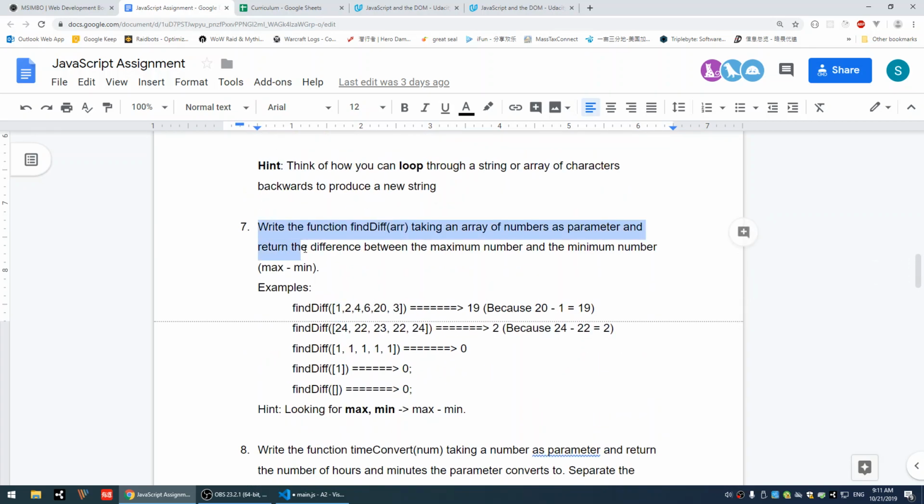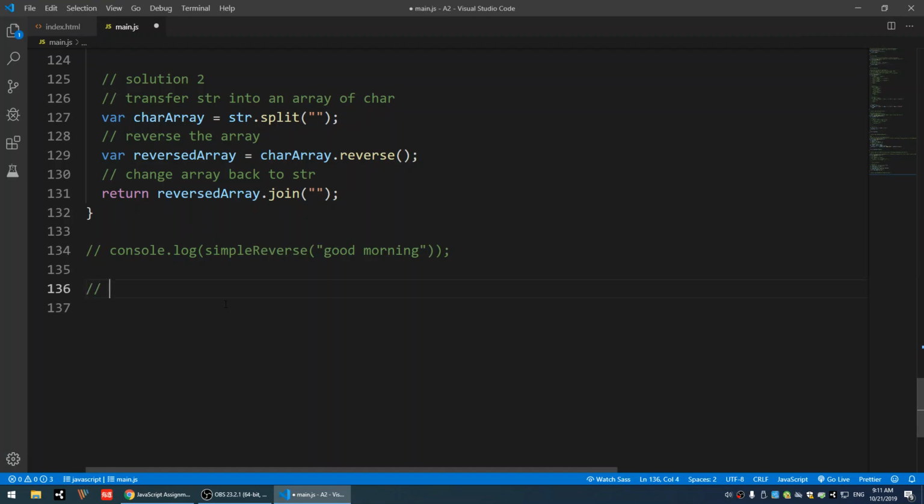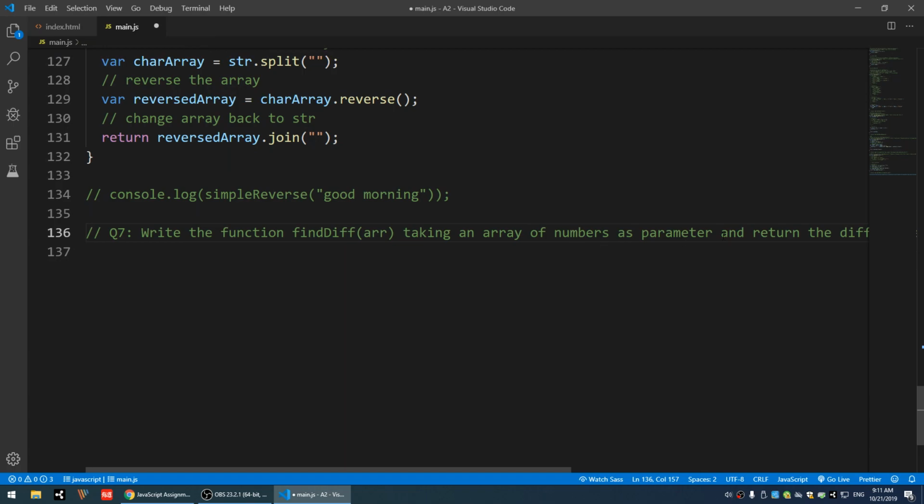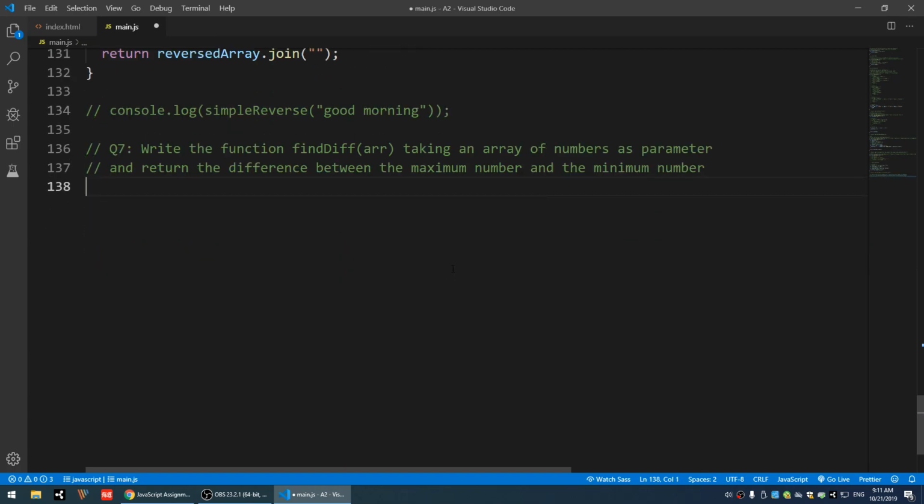So let's firstly copy the description here, inside here. Right, so question number 7. Firstly, again, we need to create the function with the name fileDiff. Function fileDiff, and it takes an array as parameter, and